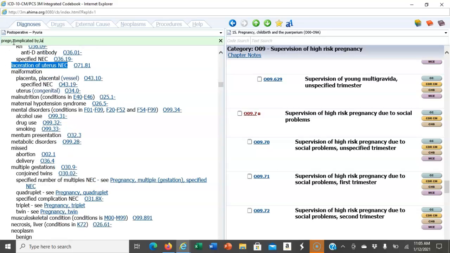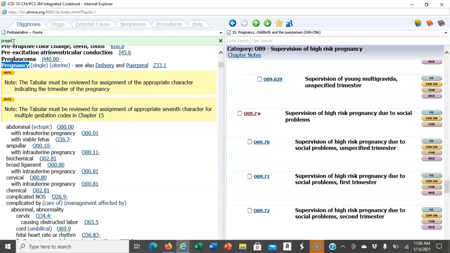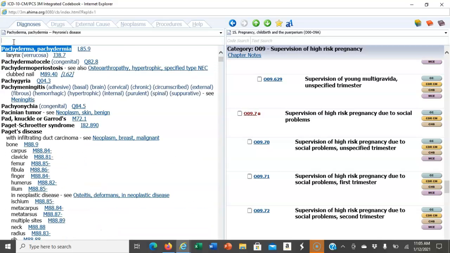So no large for gestational dates. So you need to make a note of this. You need to go over to page 547, where it has the additional terms that you can look up for finding codes, and you need to write large for dates